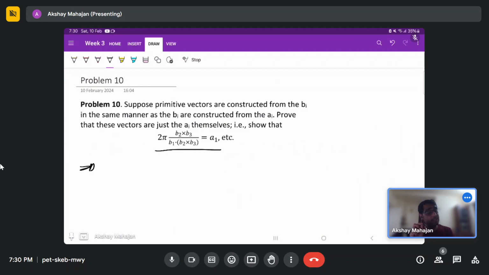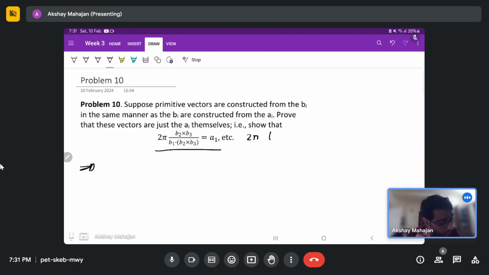Now similarly, we have to prove that if we use these b vectors as our primitive vectors, then this formula will give you your initial primitive vector a1 vector. So the reciprocal lattice vectors formed from these reciprocal vectors will be our initial primitive vectors. I will just prove this relation, and the rest of the relations you can derive on your own. So the rest of the relations will be like 2 pi times